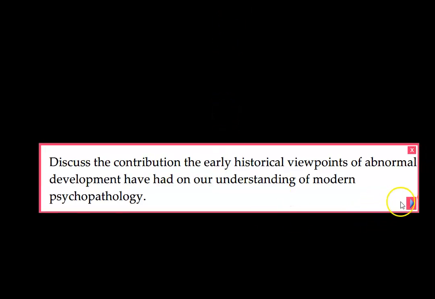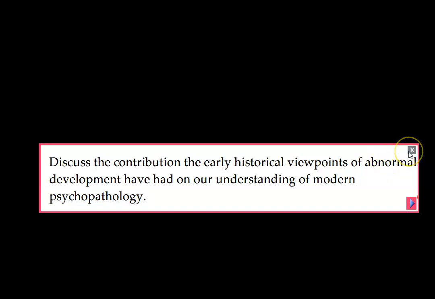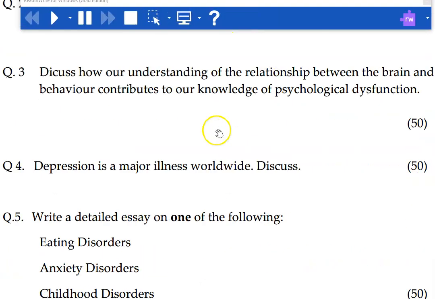And then that is basically it. You will press the play button again if you want to read it back. Discuss the contribution the early historical viewpoints of abnormal development have had on our understanding of modern psychopathology. And that's it. When you're finished with that, you press X, and then you go back to the next question that you wish to have read back, and then you do the same process. You press the screenshot reader, create a nice frame around your text,